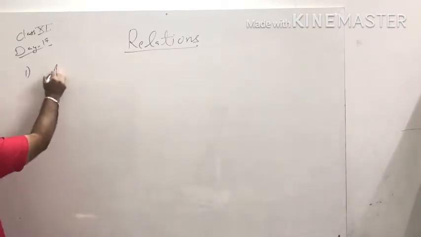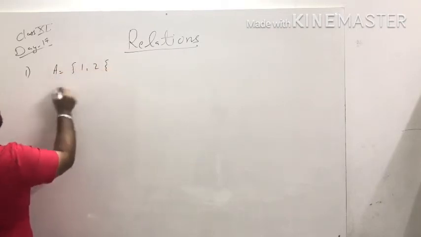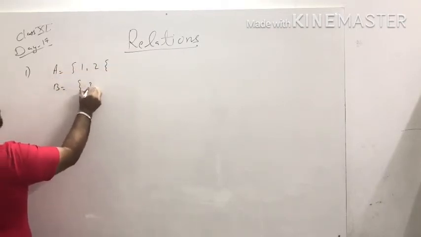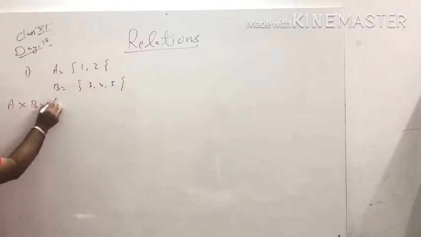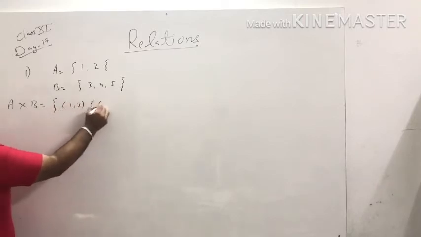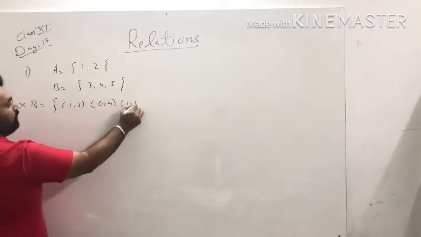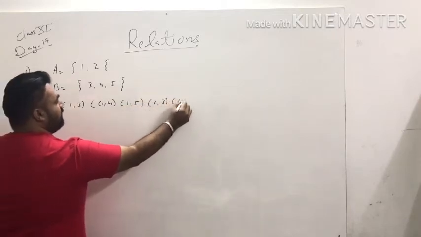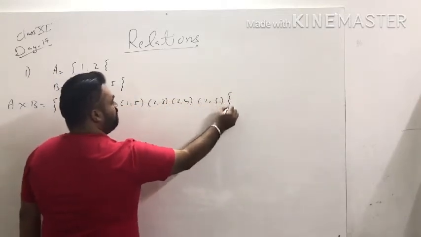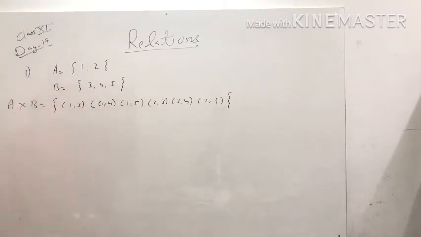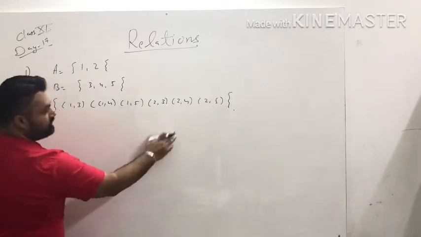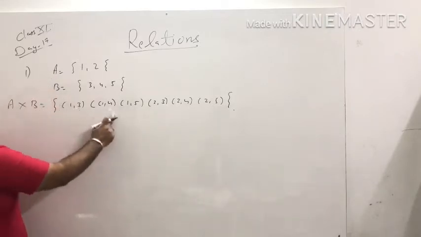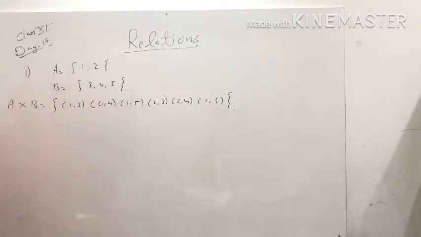Just recall, if A equals {1, 2} and B equals {3, 4, 5}, then the Cartesian product is (1,3), (1,4), (1,5), (2,3), (2,4), (2,5). So this is the basic concept of the Cartesian product of two sets. So these are the subsets. After that, if